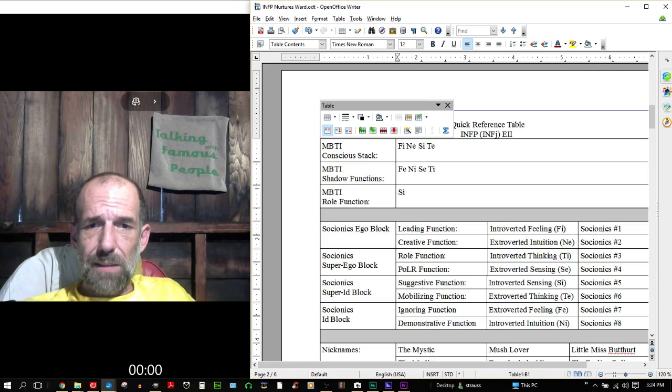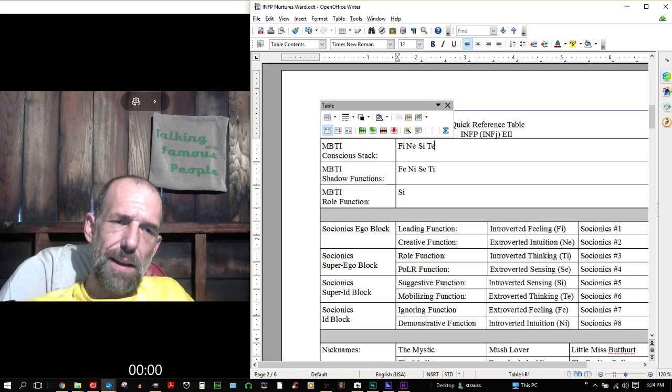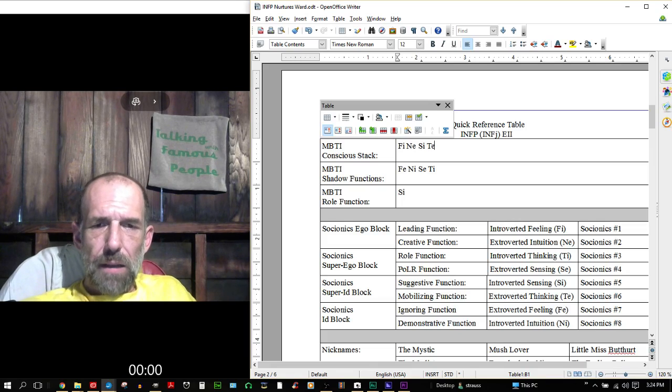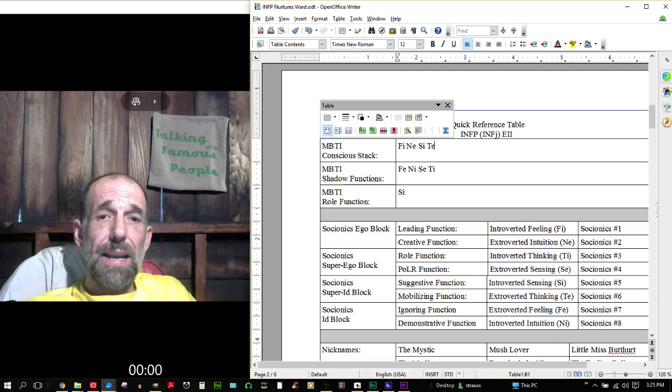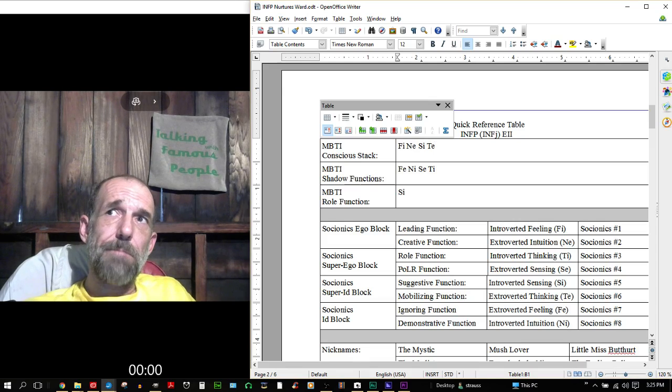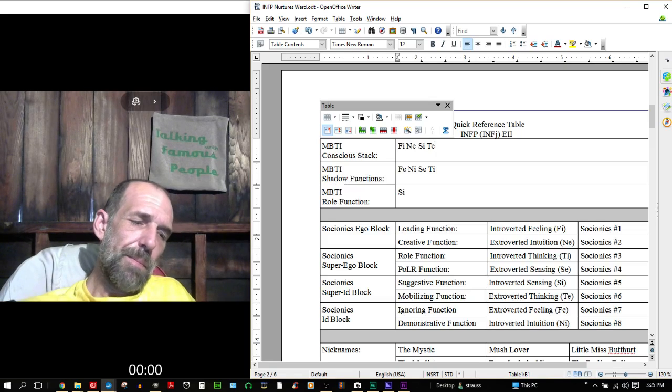Now look at the ignoring functions and demonstrative functions. These are socionics 7 and 8, but they're going to be MBTI 5, 6. That's Fe and Ni. So Fe is the one that's going to be ignored primarily because it focuses on introverted feeling. Ni is going to be something that INFP is very good at and naturally utilizes, but